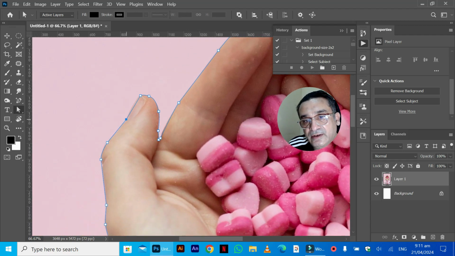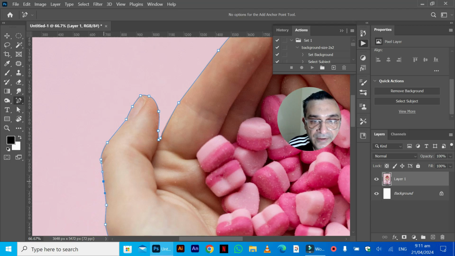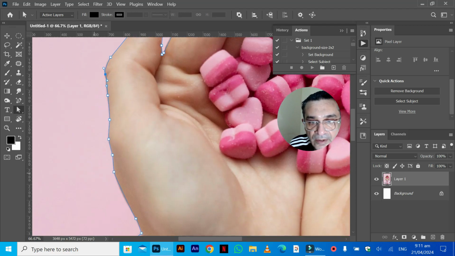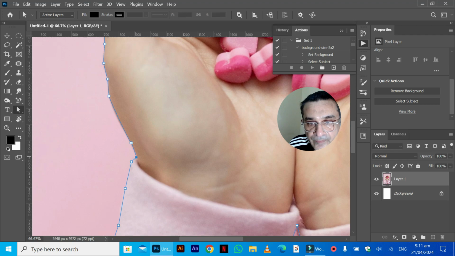Now I left this point on purpose. Now add this point and move the point like this. Add the point, fix the point. Right, almost. Now this point,